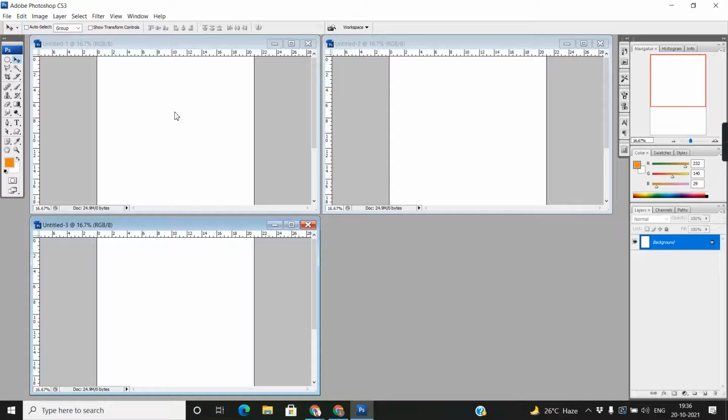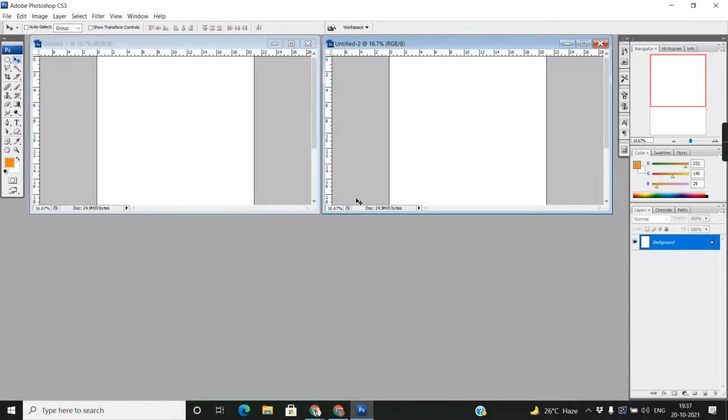See, you'll get these 3 files. So this is the way to manage them.